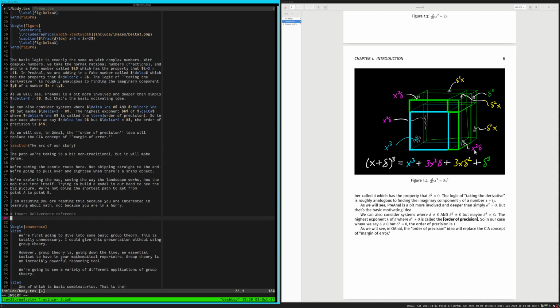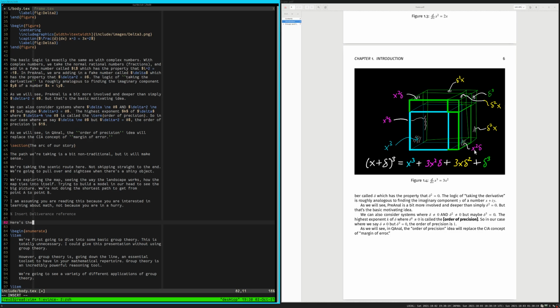Here's the outline. Here's the rough trip plan. We're first going to dive into some basic group theory. This is totally unnecessary. I could give this presentation without using group theory. However, group theory is, going down the line, an essential tool set to have in your mathematical repertoire, and in particular,